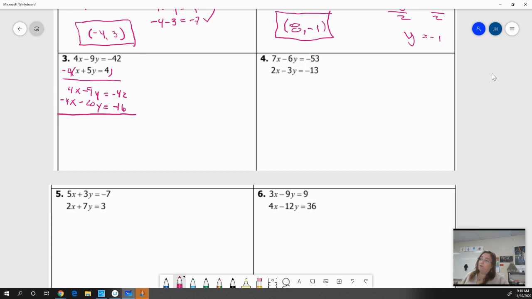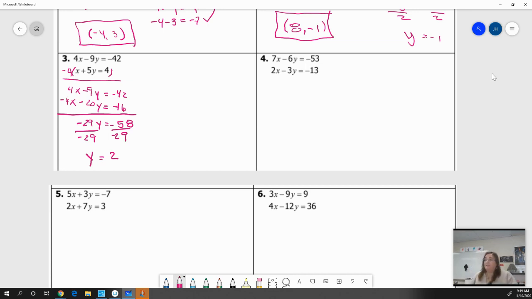So if I look at this, 4x minus 4x, well, that's 0. So our x value disappears, right? Now I'm left with -9y minus 20y. Well, that's -29y equals -42 minus 16. So I can add these together. I know it's going to have a negative. It'll be -58. That is convenient. Why is that convenient? Because 29 times 2 equals 58. So if I divide both sides by -29, I get a nice, reasonable answer, right? I get y equals 2,